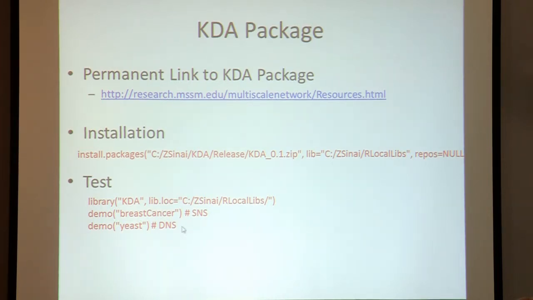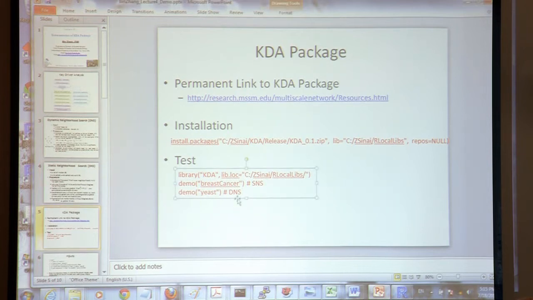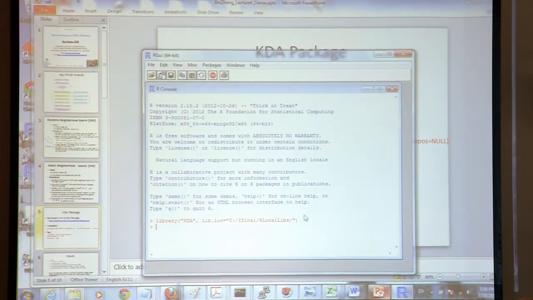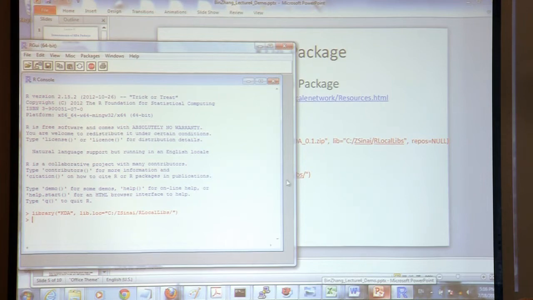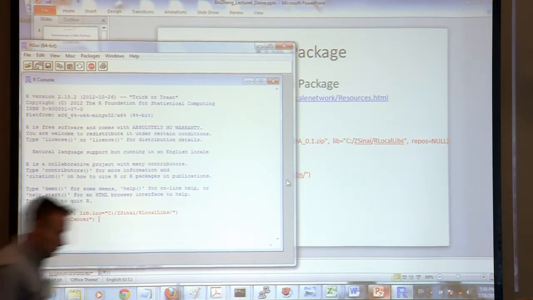So we can try it now. The east example will take quite some time because we have 13 eQTL hotspots, and we need to search all of them. So the breast cancer